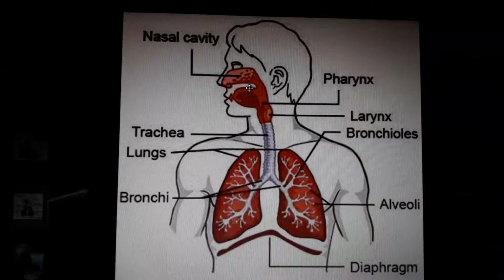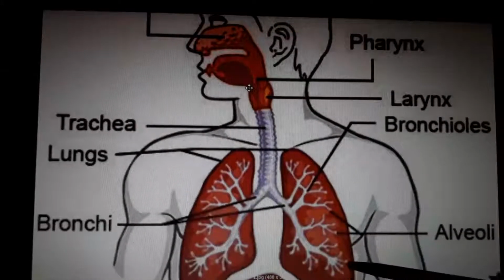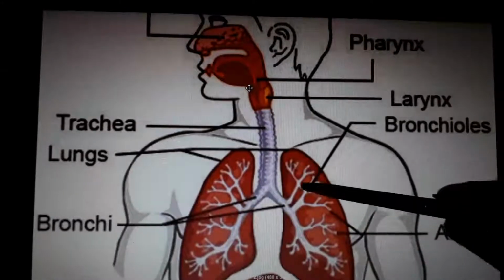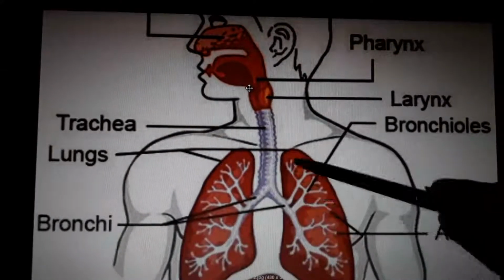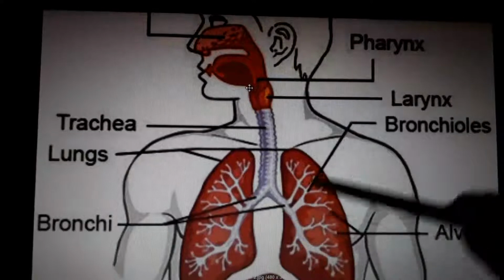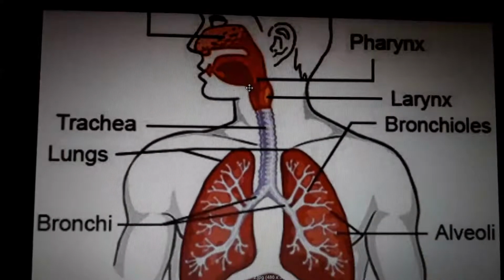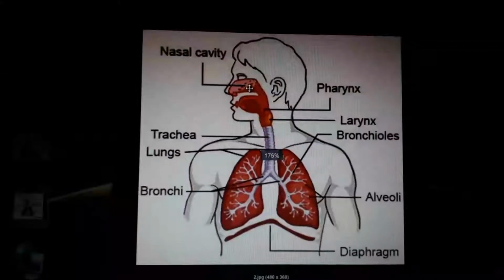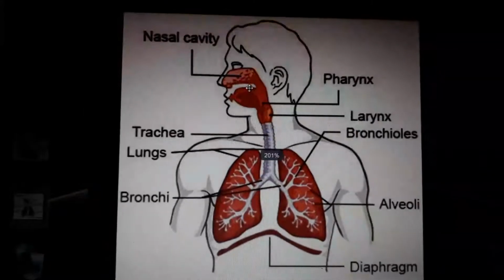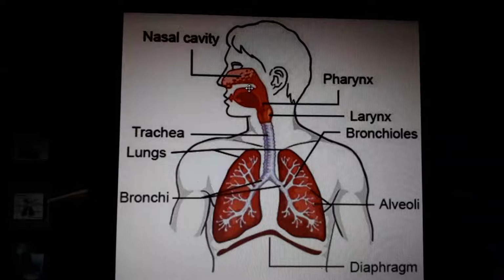Understood? And these bronchioles end, if you want to zoom in here, we cannot see. So these are the small pipes. This is the trachea. The main two divisions are bronchi, and bronchi are subdivided into lots of small pipes or a small network called bronchioles. There are thousands and thousands of bronchioles inside our lungs. But each and every tip of a bronchiole is divided into one more important organ, called the alveoli. Understood? We will study this alveoli in detail.